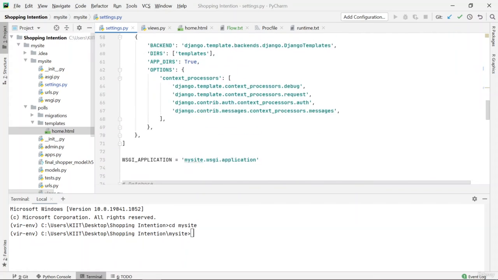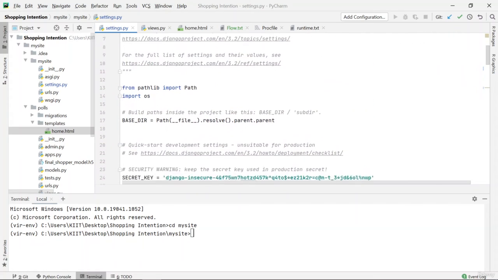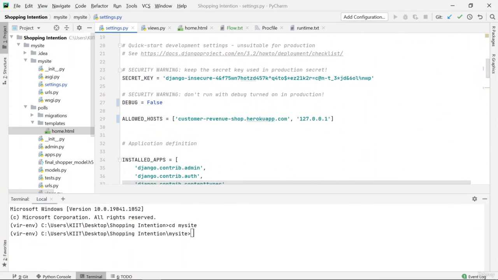If you go back up, you can see there's a DEBUG and an ALLOWED_HOSTS setting. Not exactly features, but variables that are storing some values. It is already said that security warnings: don't run with debug turned on in production. So debug is actually set to True, but you have to set it to False before going to production. Another thing is ALLOWED_HOSTS.